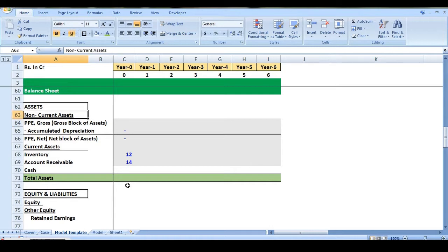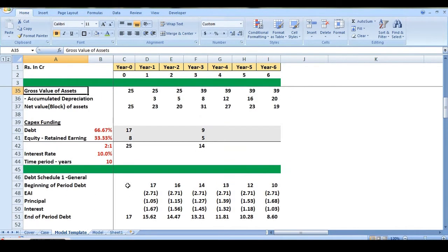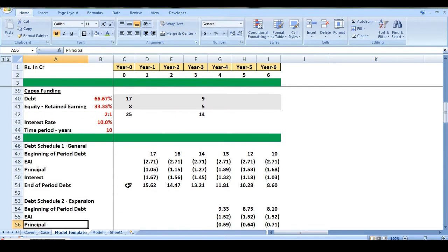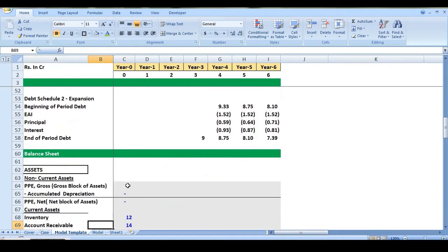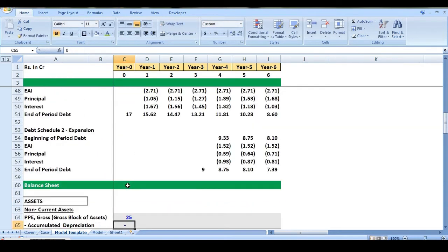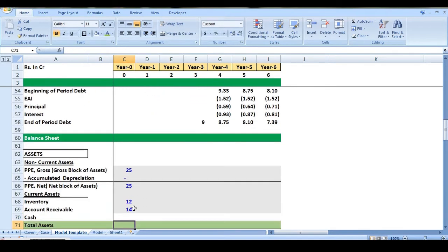Now in the given case we have only property, plant and equipment. And if we see the sequence here, gross block of assets minus accumulated depreciation is equal to net block of assets. If we see our asset schedule prepared, we will see we are matching the same sequence. So what we can do here is, in the balance sheet we can go to year 0 in front of the gross block of asset and simply link it with the asset schedule we have created with the value of gross block of asset. And if we drag this value further